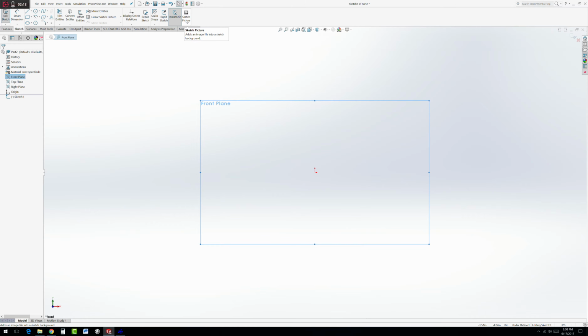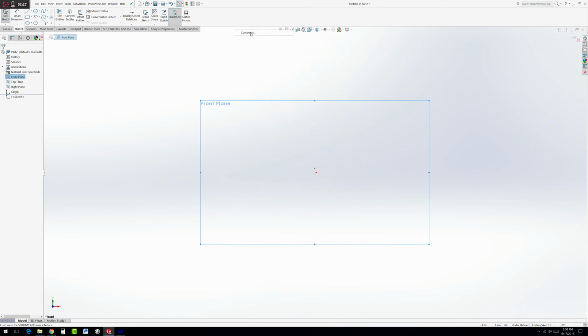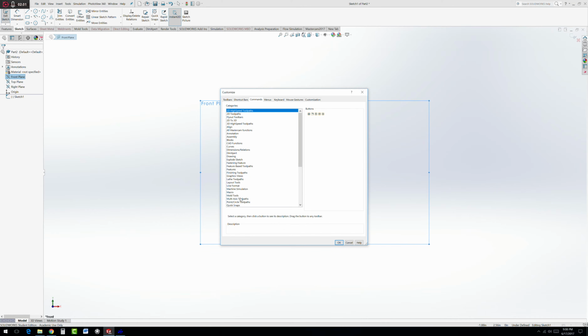I have the sketch picture icon right up here in the sketch tools, but just so you know, if you need to activate it, you're not going to normally get that icon. You usually have to go to the pull down menus up here to access it. So this is what you could do. You could right click on this gray area up here, go to customize, and just go to commands, and from here find sketch,